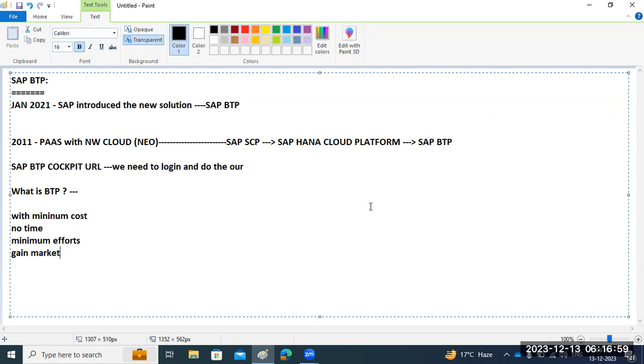If you are already an SAP customer, already using your solutions, but you want to extend to cloud-based solutions, that time also you can easily integrate with the cloud-related services. Not only new customers, existing customers can also extend their solutions to the cloud side. In other words, BTP is a bundle of many different services and solutions available in the BTP cockpit. Some of those services can be used for innovation also.